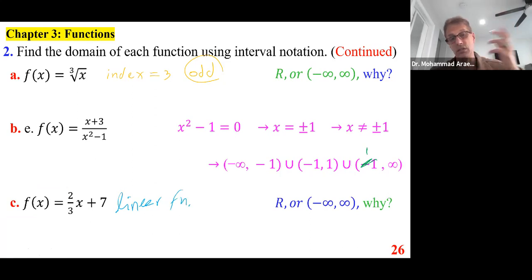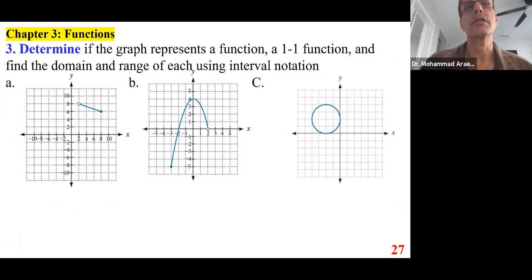Or you could say it's just a line or a polynomial of degree 1. Okay. We want to determine if the graph represents a function. We just went over the definition so we can handle this. We also want to come up with the domain and range. So if you look at the first one,